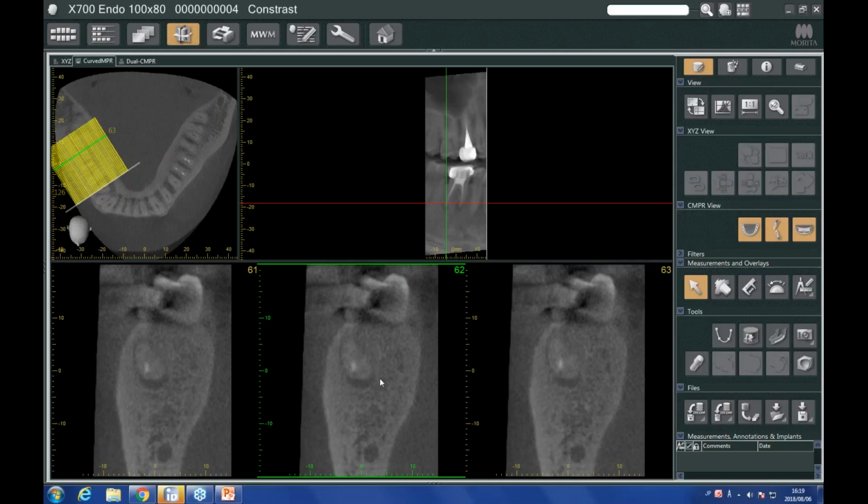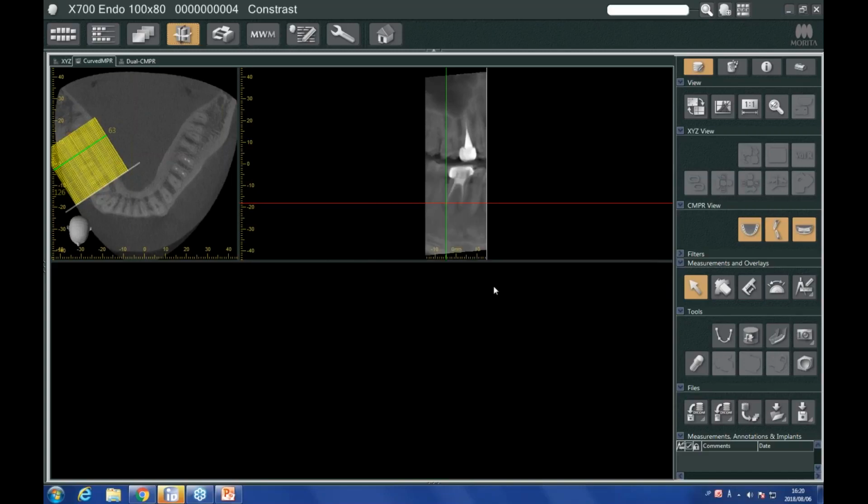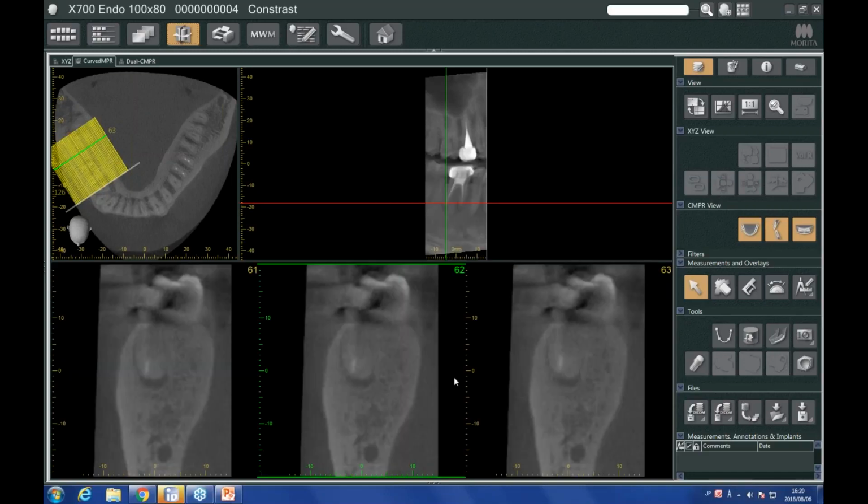So really, you're always trying to strike a balance between the signal to noise ratio, basically how grainy your images are, and what you need to see. Now, again, for an image like this, I would usually prefer a thickness of about 1 millimeter. This gives me a nice balance between resolution and quality,